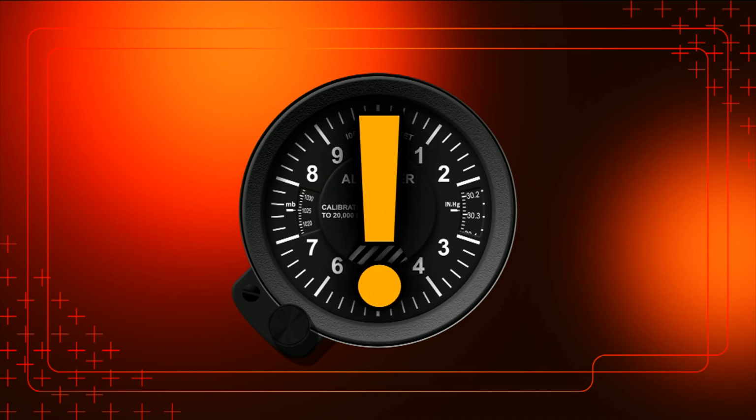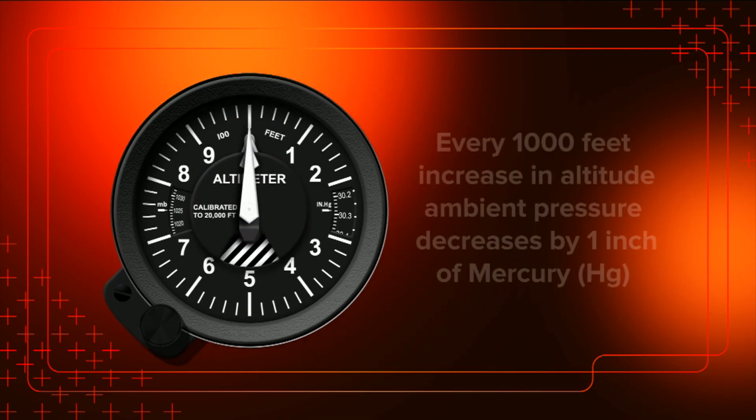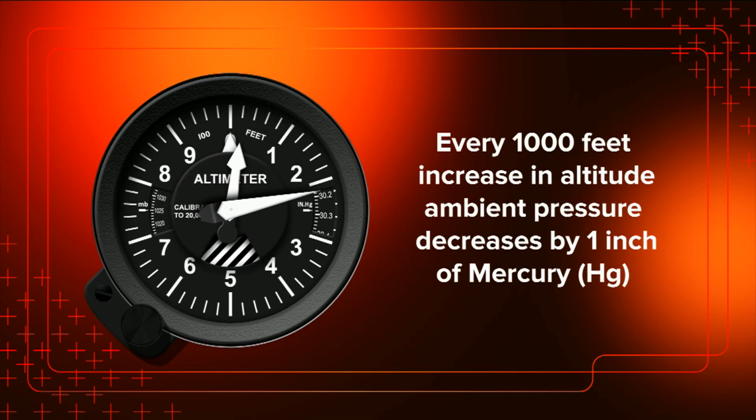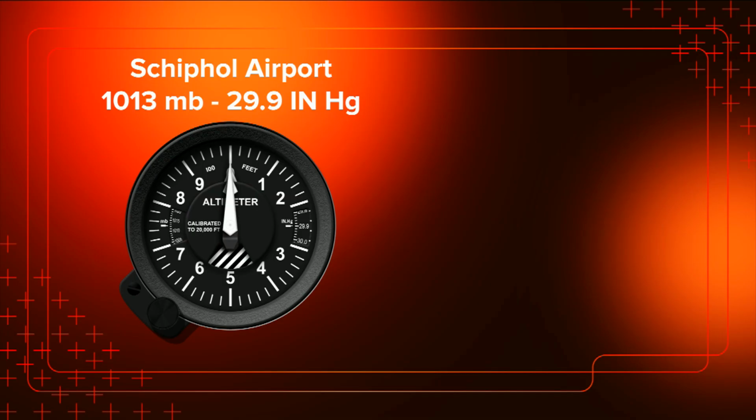It is important to note that this pressure will have to be adjusted throughout the flight, especially if traveling to destinations that are of a different height above sea level to the departure airport. The reason for this is because the pressure decreases by 1 inch of mercury per every 1,000 feet of altitude increase. So for instance, if you are departing Schiphol Airport in the Netherlands, which is 12 feet below sea level,